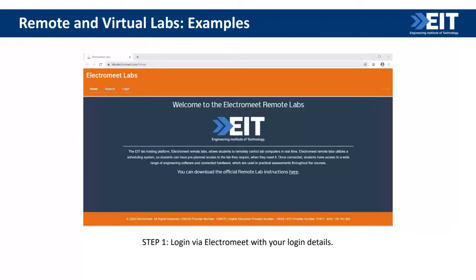In this slide and a few more slides, I will go over the step-by-step process of our Electromeet platform, and later in this webinar, James will also demonstrate the Electromeet platform as well as a few more examples of our remote lab. So if you go to labs.electromeet.com and log in via EIT credentials,